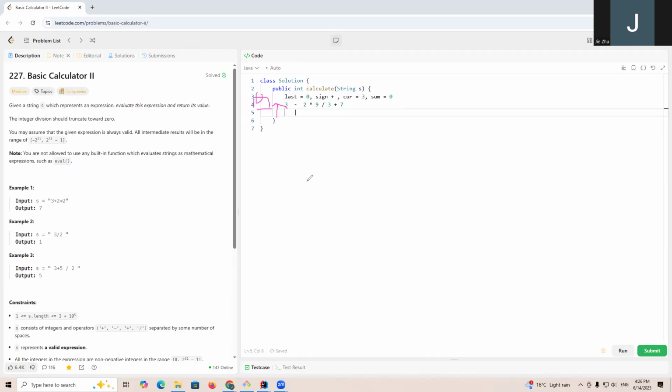So we can consider it as 0 plus before this 3 minus expression. If the sign is plus or minus, that means this last has already been calculated,